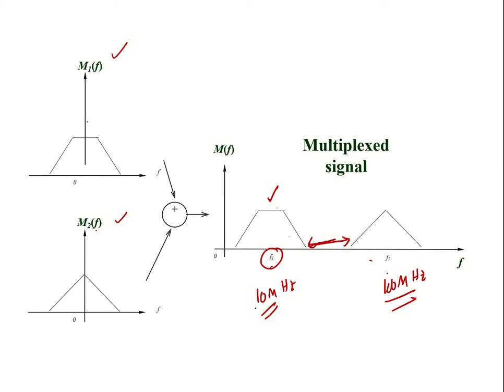So for example, if you are modulating this with 10 megahertz and you modulate this signal with, for example, 15 megahertz, so what will happen? This signal will be coming here. If this is 10, this could be 15. So we will get the overlapping here. Basically we are having interference, so that will be the loss of information. So that is another advantage of modulation, frequency domain multiplexing.